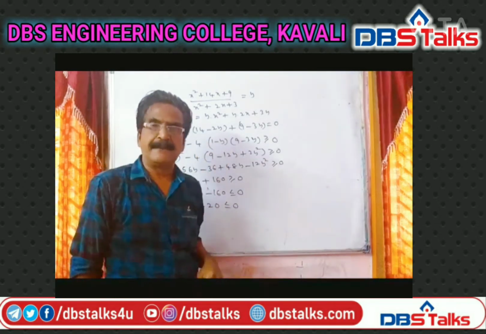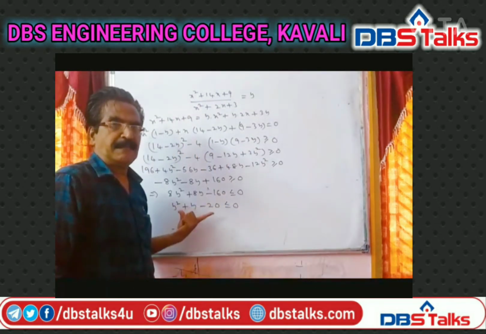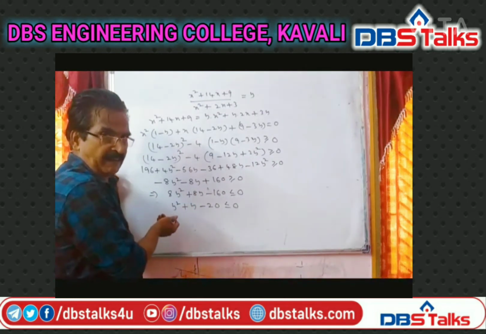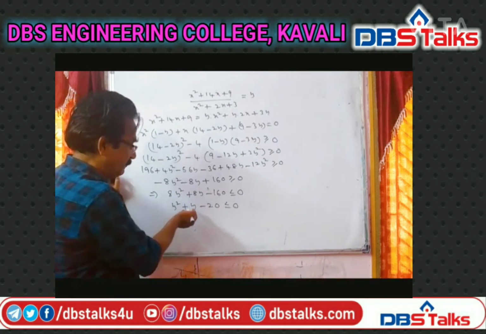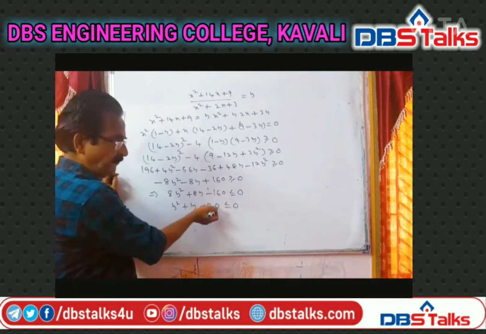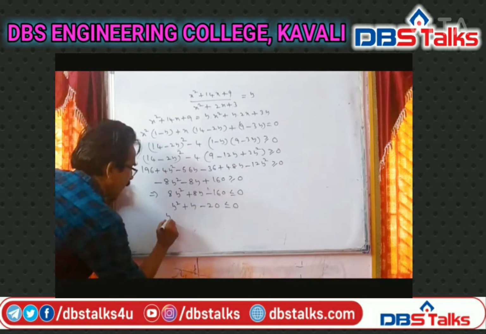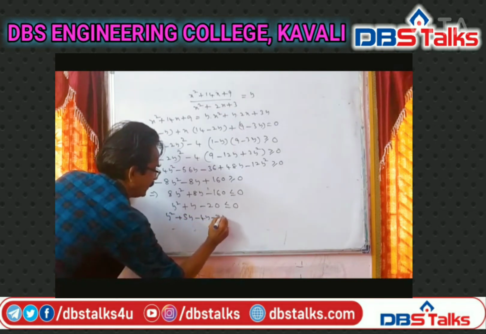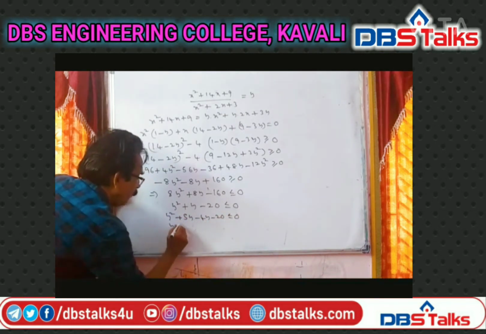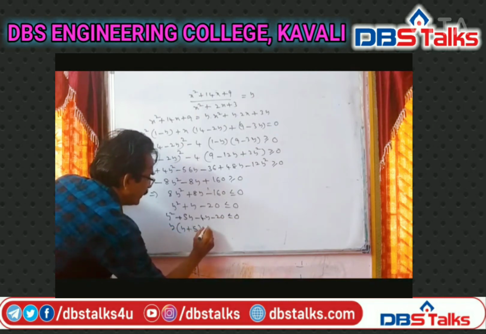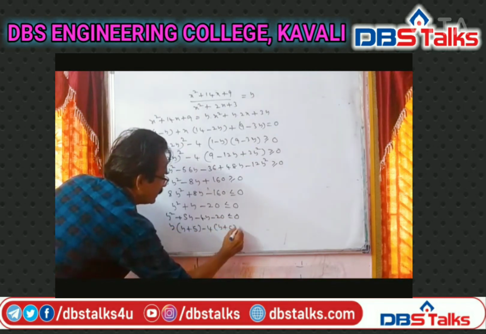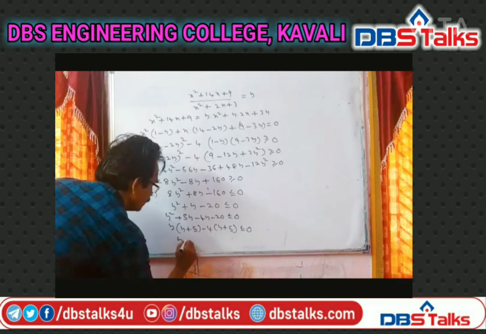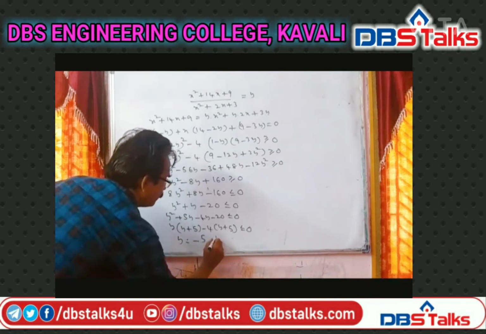the previous day we were discussing this expression: the value of y lies in the closed interval between the roots of this equation. What are the roots of this equation? 5 fours are 20. y square plus 5y minus 4y minus 20 less than or equal to 0. y into y plus 5 minus 4 into y plus 5 less than or equal to 0. So y is equal to minus 5, y is equal to 4.